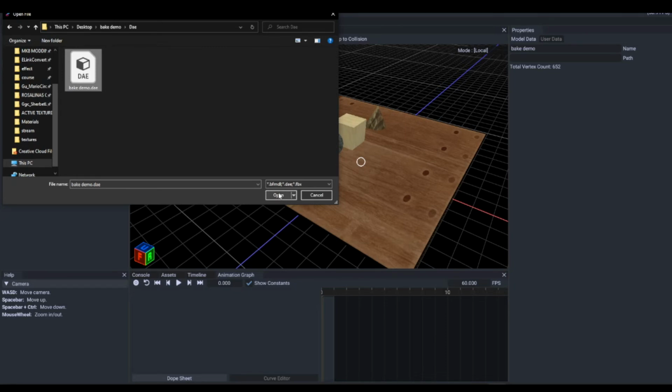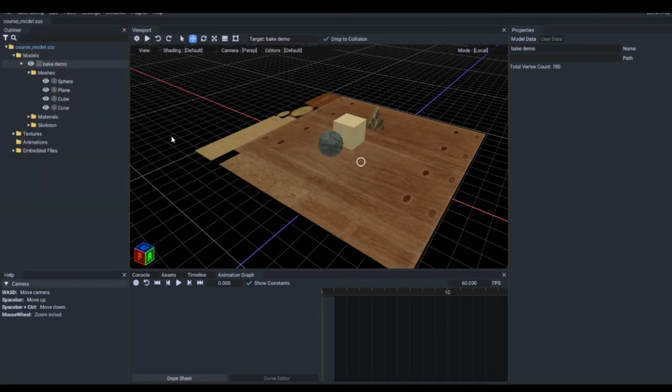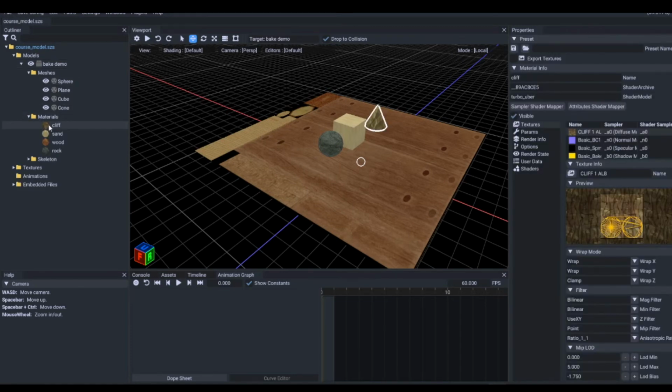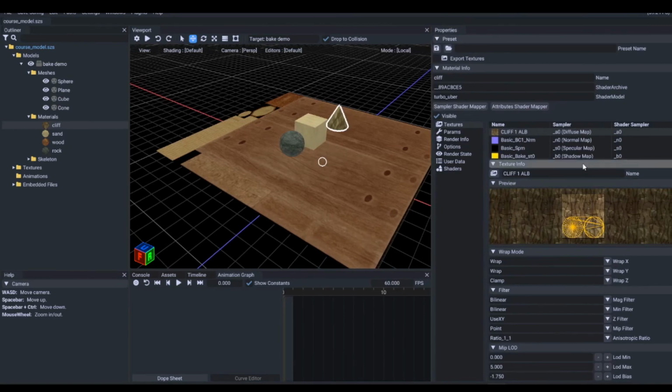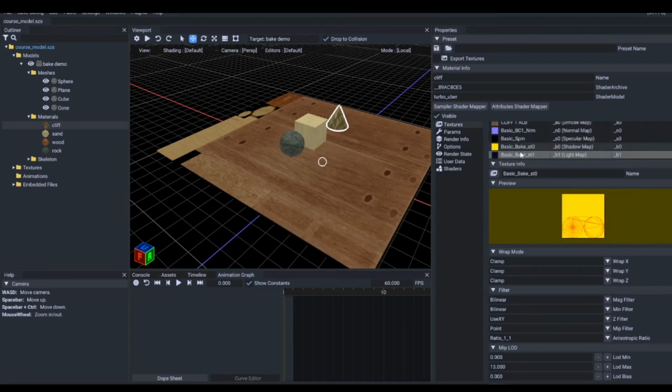DAE, click open, and there, it should have updated it already. And if we go to our materials and whatnot, when we go down here on our materials, let me make this wider. Let's see if I can make it. Okay, so we have our AO, albedo, normals, specular. Okay, so here on our